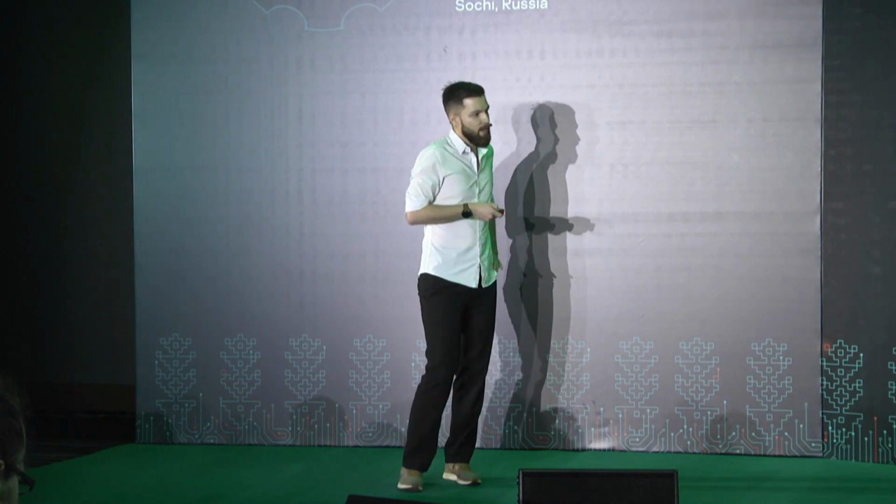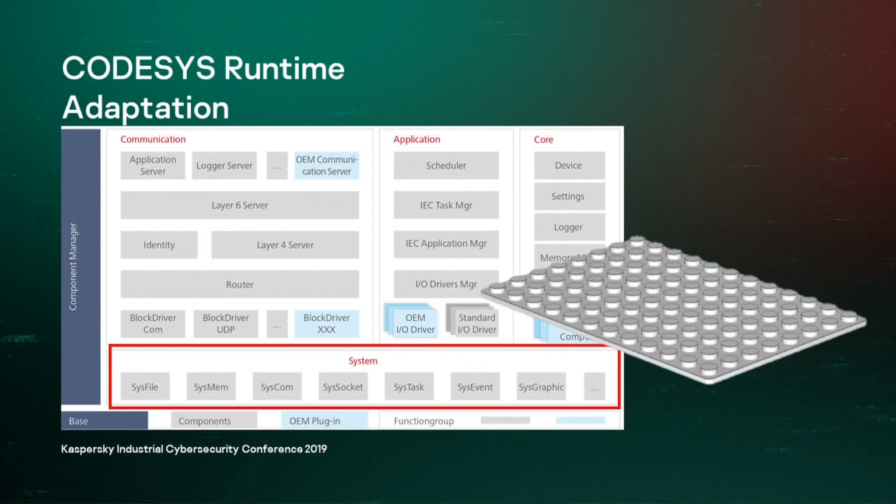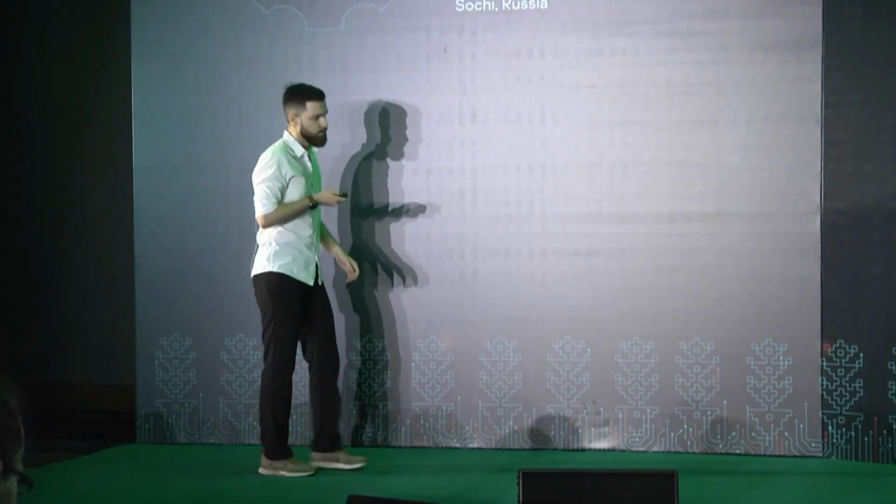So the next question: what does it mean to adapt the CODESYS runtime for your device? It means that the developer who is going to use this CODESYS runtime for their device needs to implement system components. There are 20 system components. After they've implemented this code